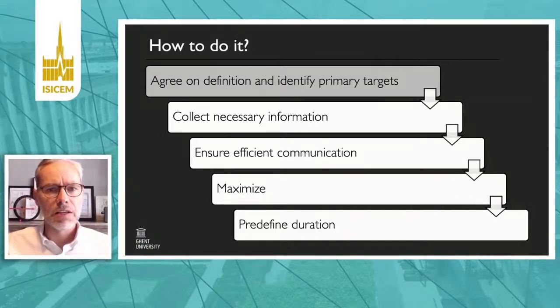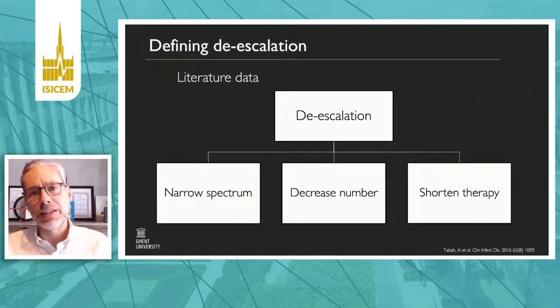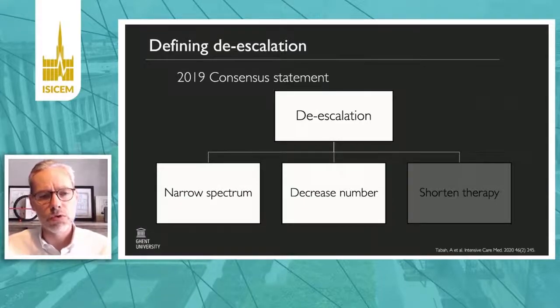The first step actually is done before you are doing any actual de-escalation. It's about agreeing within the stewardship team on a definition and identifying, for your unit, for your hospital, specific targets that require more attention. So de-escalation, when you look at the literature, is defined as narrowing the spectrum, decreasing the number of antibiotics, and I mentioned this already, but also in the literature, some studies included shortening the treatment as de-escalation, which an expert group later considered not to be part of de-escalation. So pure de-escalation is either narrowing the spectrum or decreasing the number, and this is very important to agree on